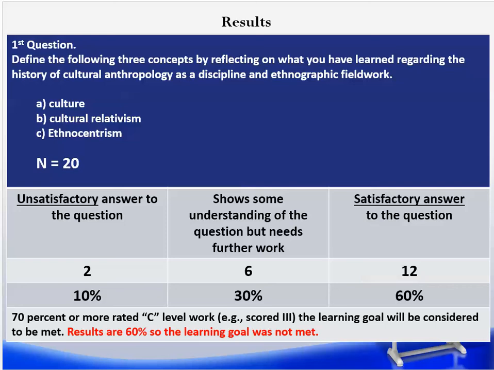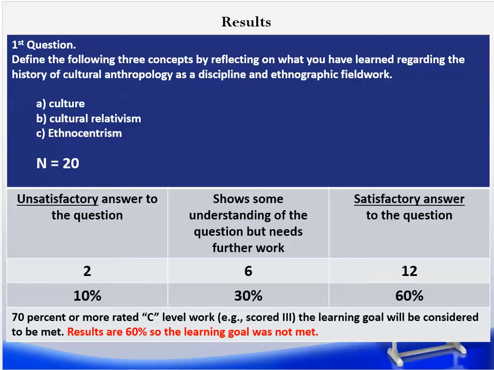20 students responded. And of the answers, 2 were considered unsatisfactory answers. 6 of the 20 showed some understanding of the question, but further work was needed. And 12 gave a satisfactory answer, which was 60%. Now, in further thinking, originally we were thinking if half the students gave a satisfactory answer, that would be